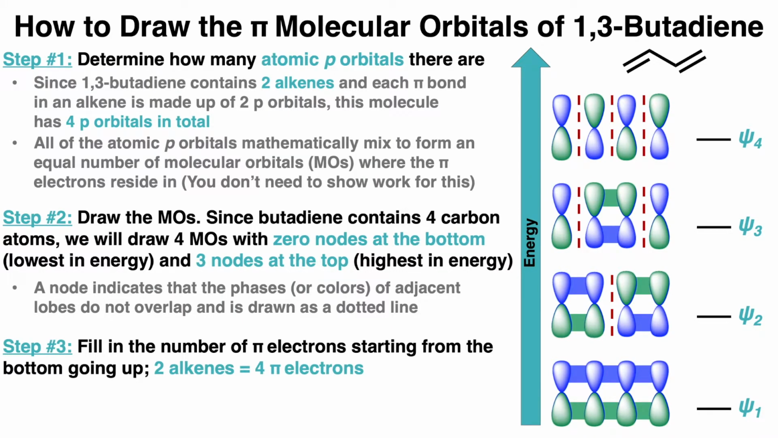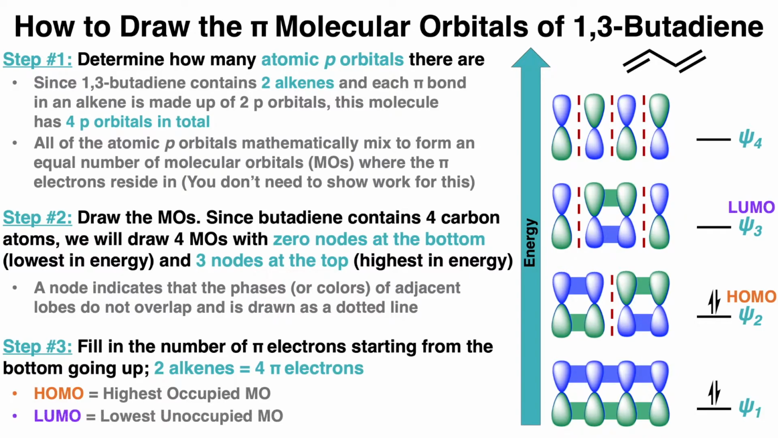Then in the last step, we're going to fill the number of pi electrons starting from the bottom going up. Remember that this molecule has a total of 4 pi electrons, and each MO can only hold a maximum of 2 electrons. So the highest occupied molecular orbital, or HOMO, is the highest energy MO that contains electrons, which in this case is wave number 2. And the lowest unoccupied molecular orbital, or LUMO, is the lowest energy MO that is empty, which in this case